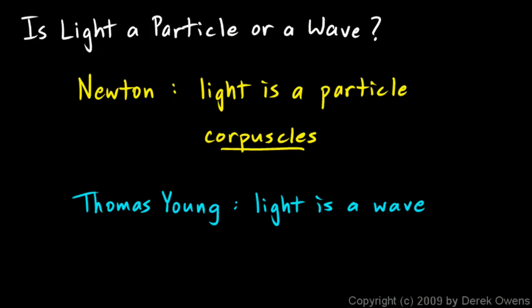So this was the situation. Newton had said that light was a particle, and then Thomas Young came along and said that light was a wave, and Young produced experiments showing that light was a wave. And over the course of the next century, basically the 1800s, experiment after experiment after experiment was done showing that light was a wave. And gradually people began to disbelieve Isaac Newton's particle theory. And by the end of the 1800s, it was basically universally accepted among scientists that light was a wave.